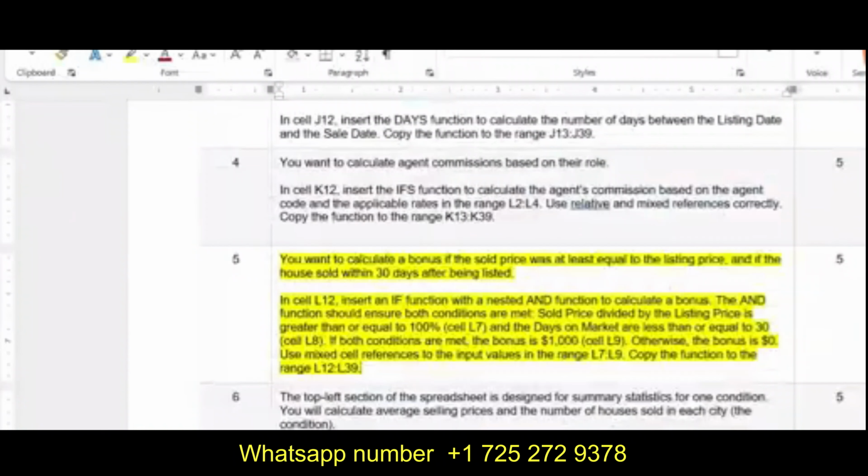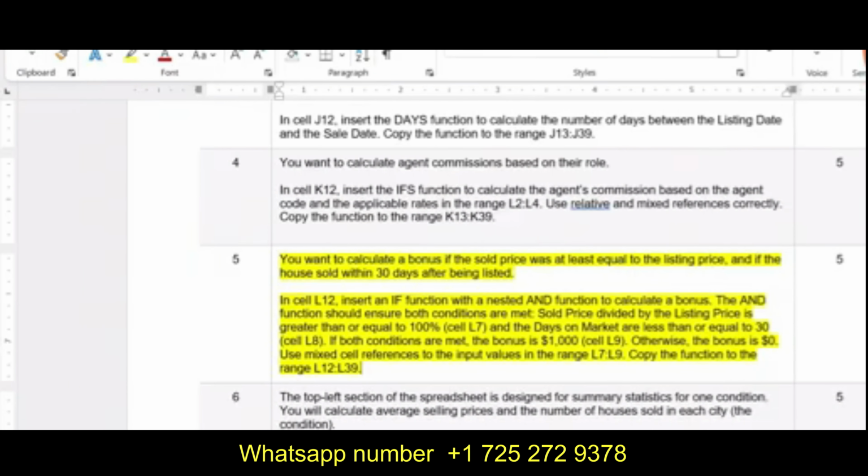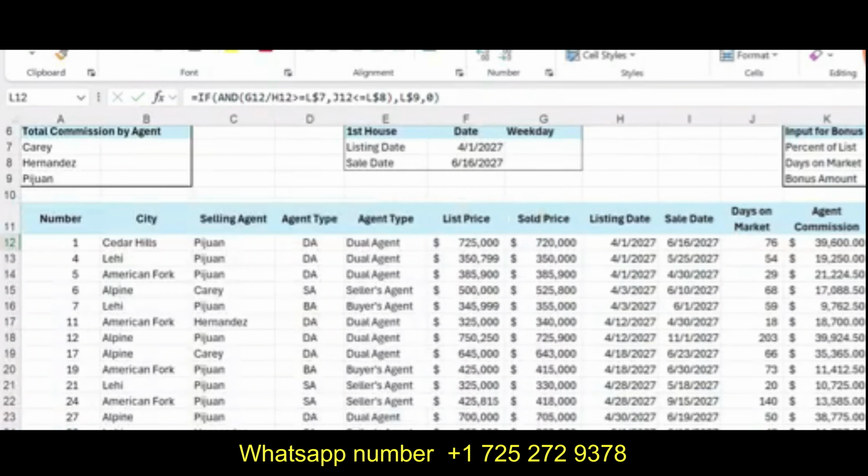If both conditions are met, the bonus is 1000, that is L9, this one. If both conditions are met, 1000, otherwise the bonus is 0. So now you can see our first bonus is 0.